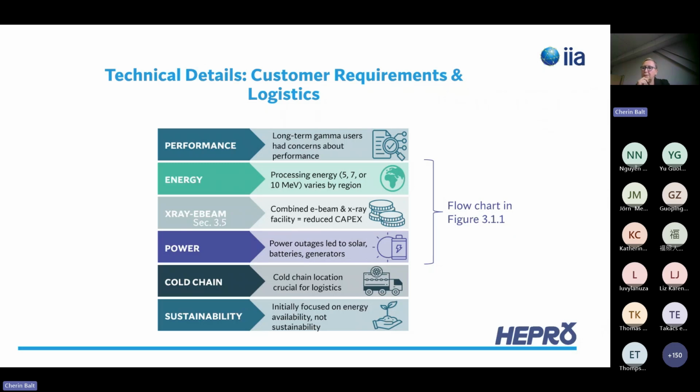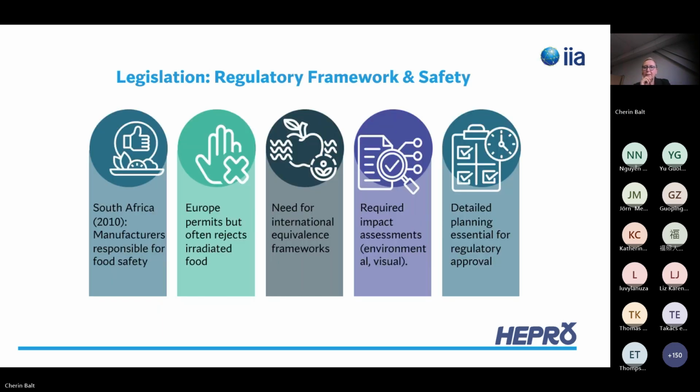Cold chain logistics were an important issue, as the facility was due to be positioned close to cold storage for streamlined logistics in the treatments of products like fruit. Now, legislation, I think Jörn quickly referred to it. Legislation plays a critical role in determining whether products could be sold in other countries. Our question was, will the regulations facilitate the trade of irradiated